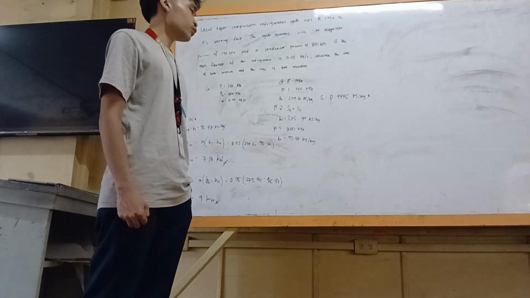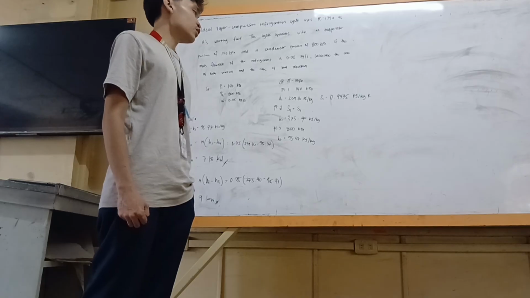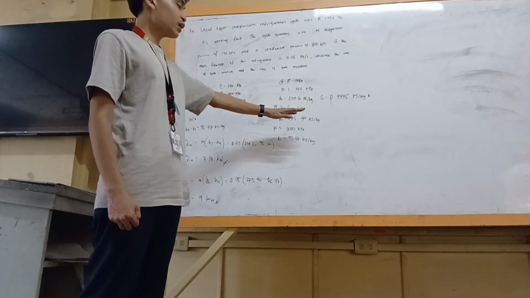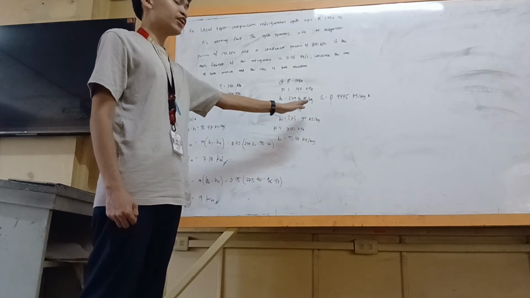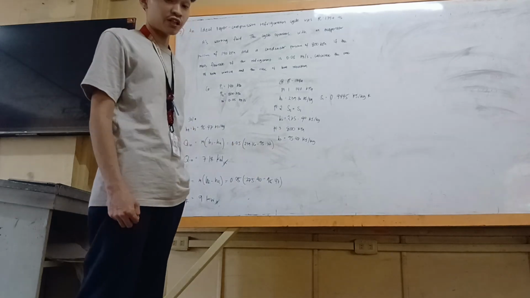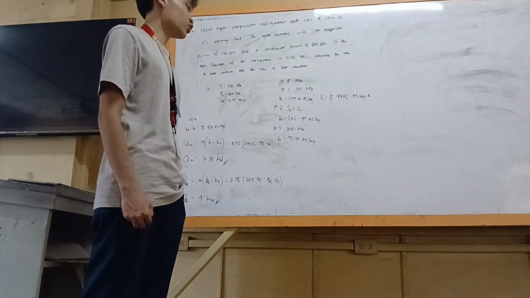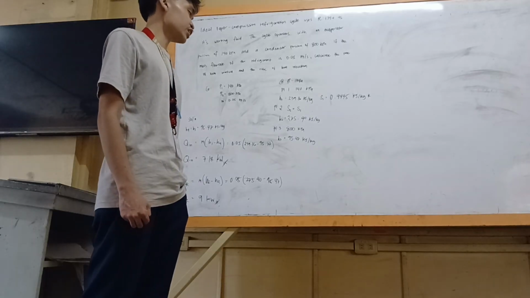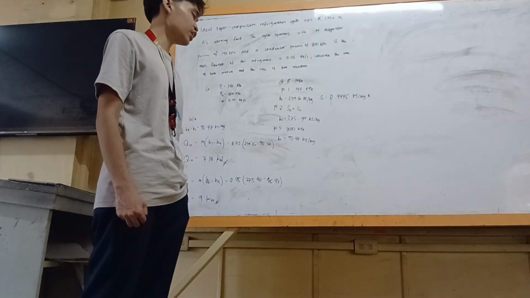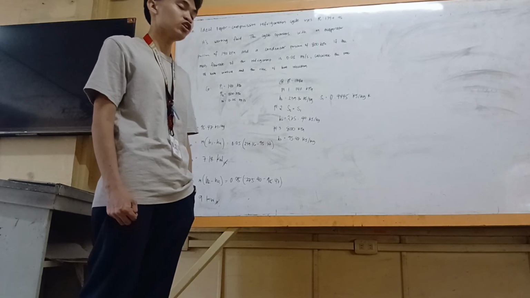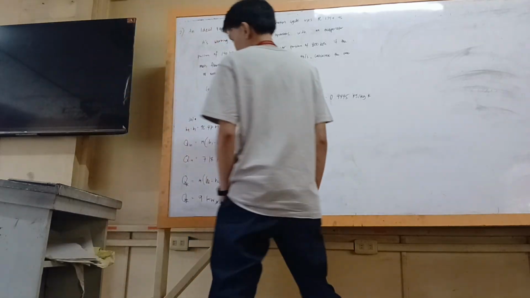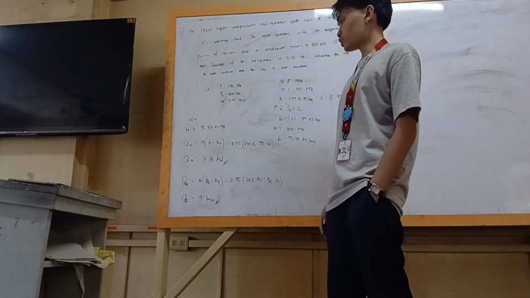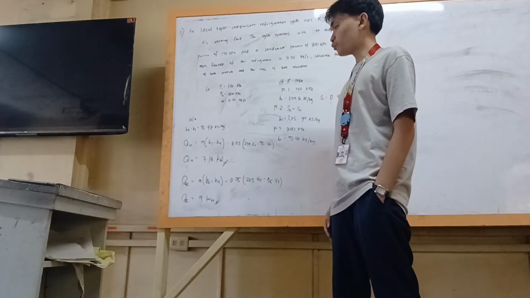At point 2, s2 is equal to s1. We need to base this on the 800 kilopascal pressure, which will result in h2 of 275.40 kilojoules per kilogram. Next is point 3, which is at 800 kilopascal, which will result in h3 equal to 94.47 kilojoules per kilogram. Next is the solution. h4 is equal to h3, which is 95.47.